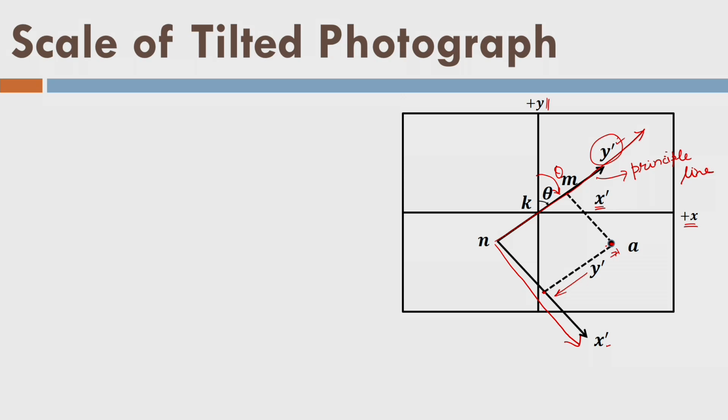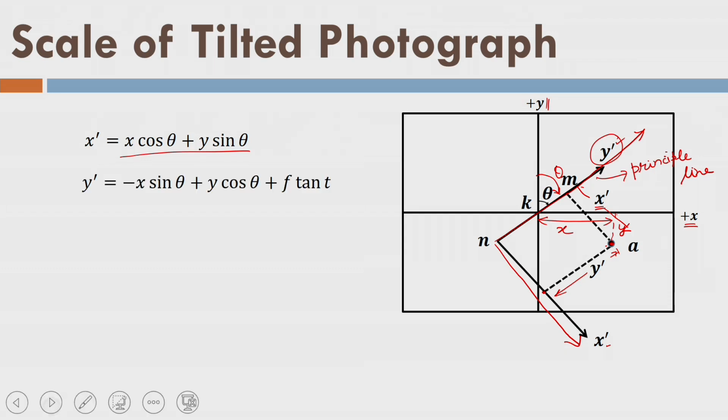Fine. So, now I have to correlate my image measurement, which is x and y. So, what is my x and y? This is my y for this point and this is my x, right, for same point A, and this is my x dash from here to here and this is my y dash. Okay. So, let us write x dash equal to, I can write by simple transformation, as you already know beforehand from module 2. Similarly, I can write y dash equal to this much plus f of this term will also come, because the plane is tilted, it is not in horizon plane, image plane is tilted plane here.